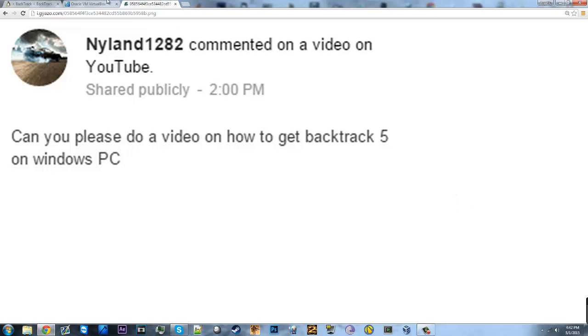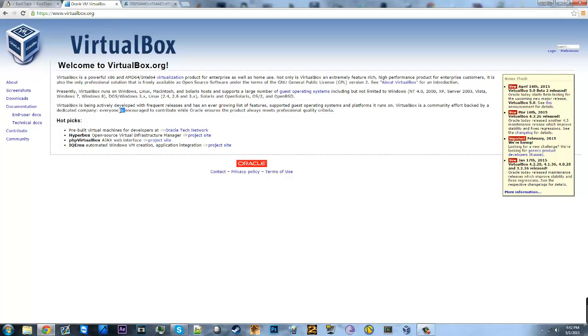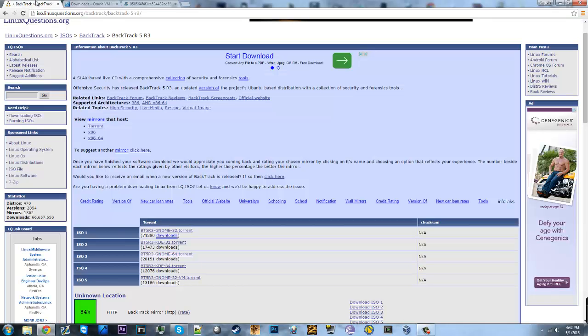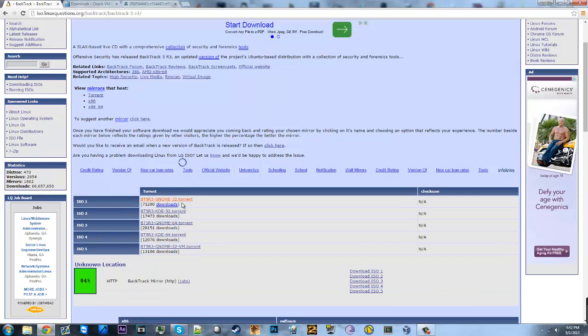So let's get started. The first thing you're going to need is Virtualbox. This is what you're going to use to run the Ubuntu Linux virtual machine on your Windows computer. You can use VMware or VM Player, whatever you want, but I just prefer Virtualbox because, in my own opinion, it's a lot easier and more simple than VMware. So you just go to Downloads, and you would get this right here for Windows hosts. So yeah, that's that. And then over here on this website, you will find downloads to the Backtrack GNOME 32